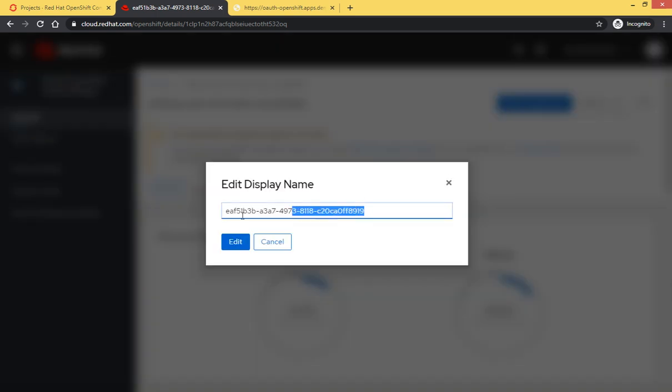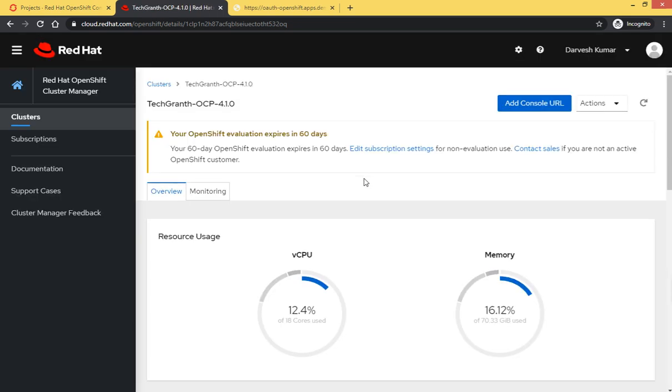Let me change its display name, OCP 410, right. So edit. Now you can see the name has been changed.